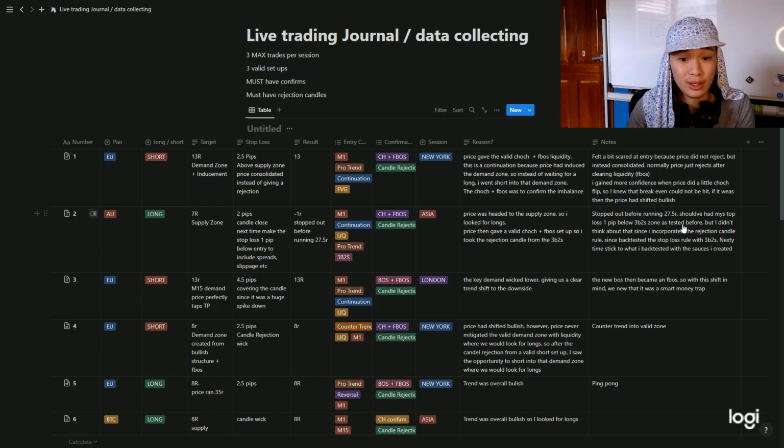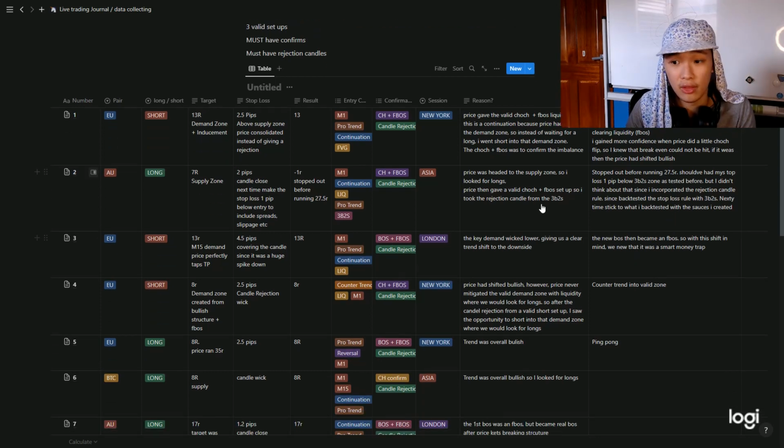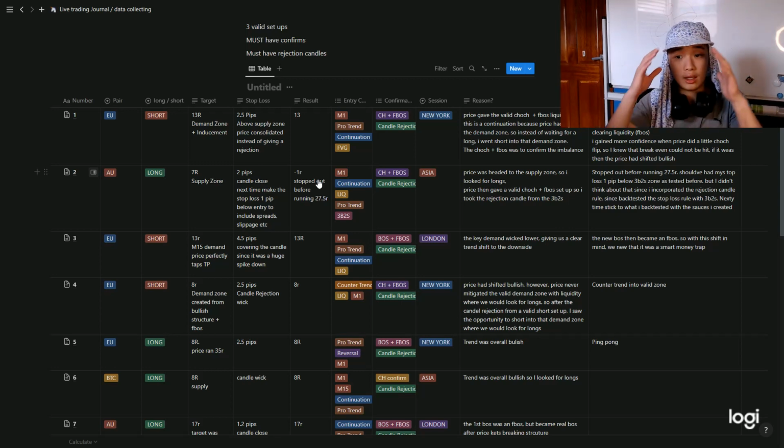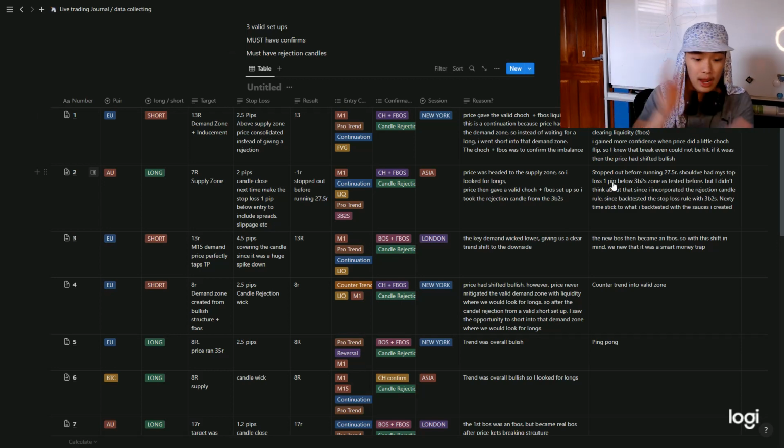So me knowing that now, the next trade was better. This trade was near perfect after that. Yeah, I got stopped out, but instead of taking that loss and chasing it, making more trades, I noted down what happened. I should have done this. I'm not gonna say, fuck, what did I do? Now I gotta gamble, I gotta make my money back. It doesn't matter. Because after that, my next trade